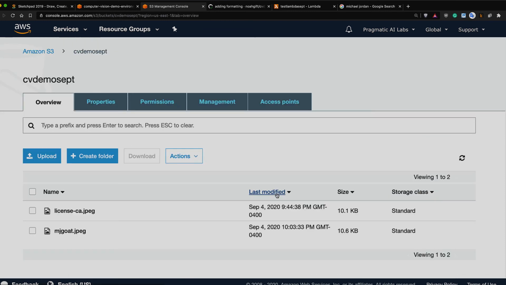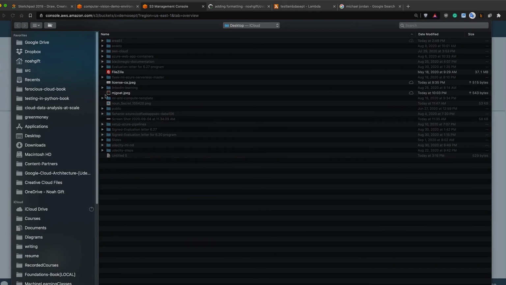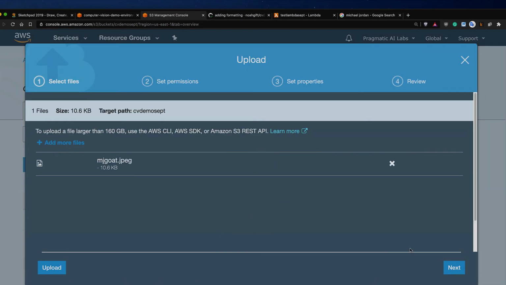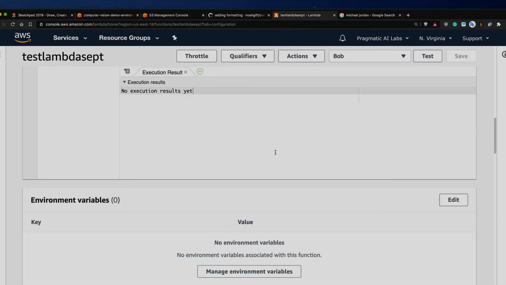Computer vision demo September. Just for laziness, I'm going to upload this again because I just want to trigger it again. And so we'll go there, we'll trigger it. And in theory, this should